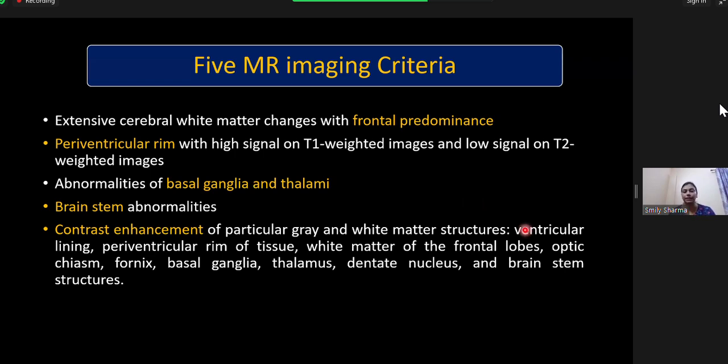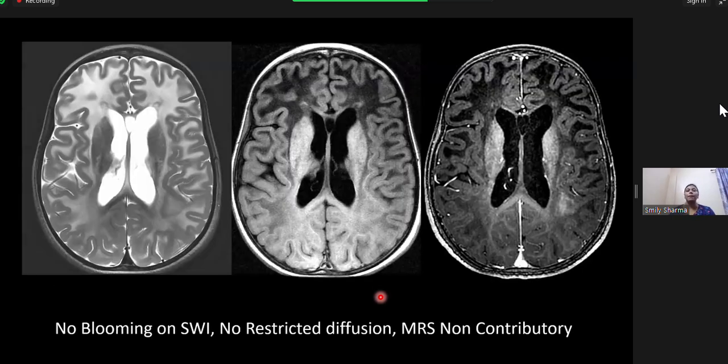There can be enhancement of the ventricular lining or periventricular rim of tissue, or there can be enhancement of white matter. There can be enhancement of the optic chiasm. All these structures can show enhancement. So if these features are present, then we can be very strongly suggestive that it is Alexander's disease. Apart from these specific features of periventricular T2 hypointensity, T1 hyperintensity, frontal predominance, basal ganglia, thalamic involvement, and brainstem involvement,